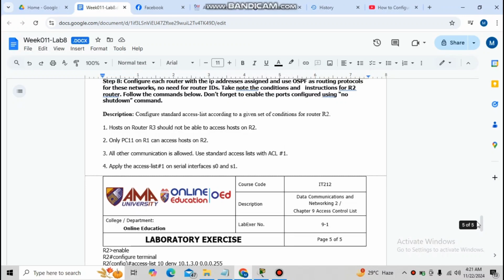Good day, I am Mikhail Goldonis, and for my 8th laboratory exercise in Data Communications and Networking 2, we will pick up from where we left off in laboratory exercise 7. That was a single area OSPF, and this one is still all about OSPF, or the Open Shortest Path First